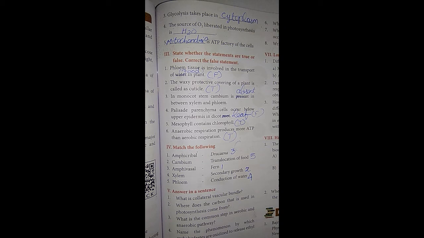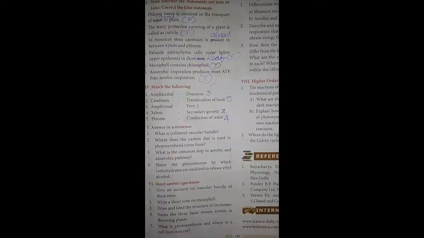Let me move on to the question and answer. A part, fifth question. What is a collateral vascular bundle? Where is it? Let's see. Here is the first answer in a sentence. What is a collateral vascular bundle? Page number